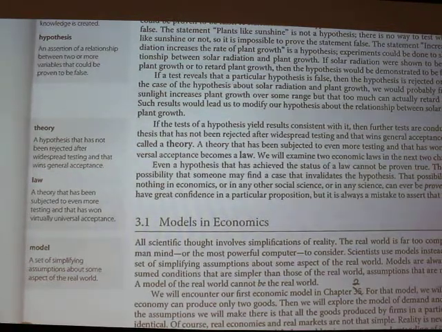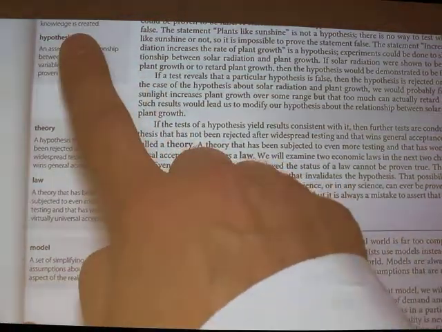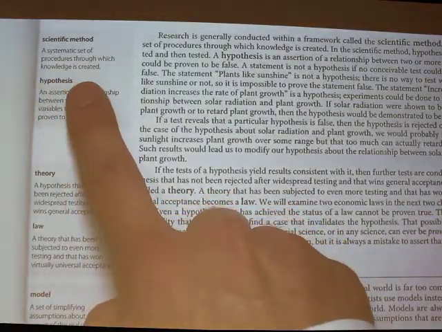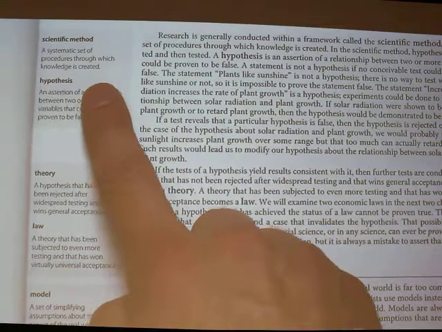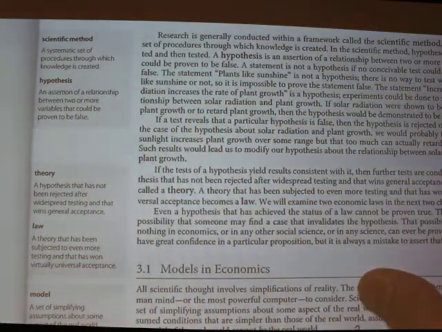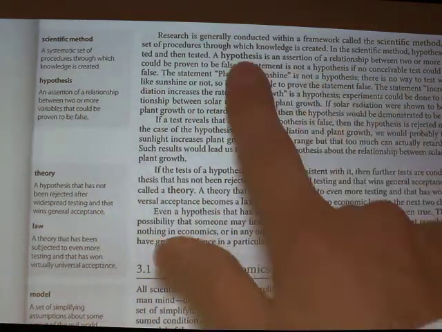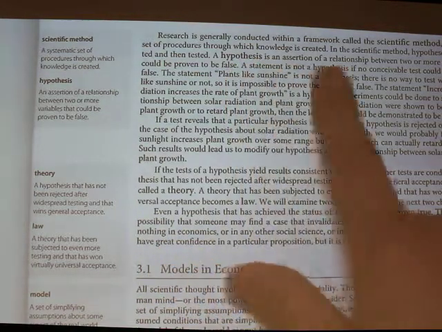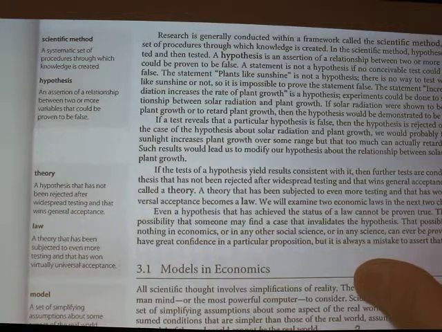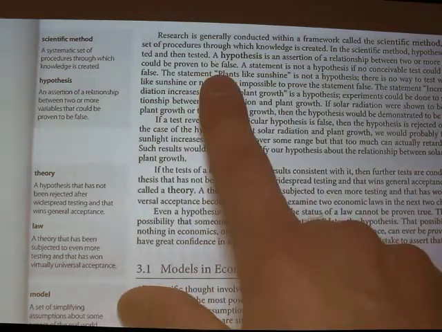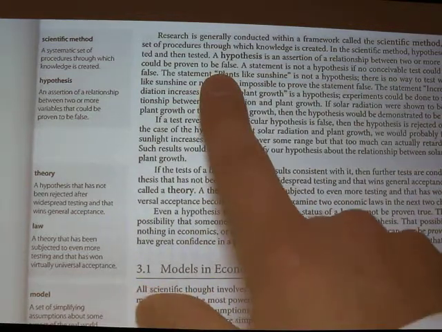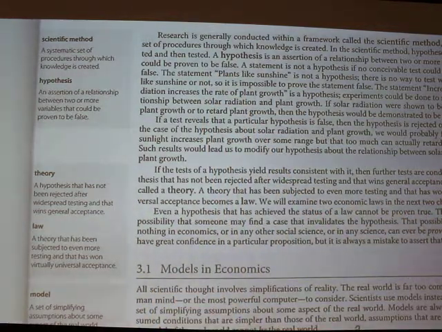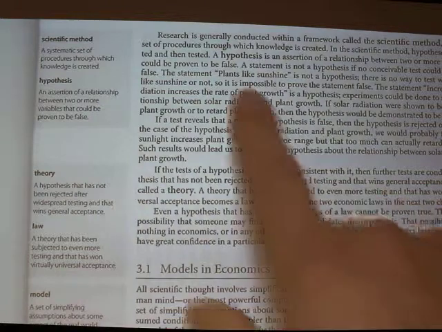The scientific method is something that you probably learned about in elementary school. But to remind ourselves of what it is, it's a systematic set of procedures through which knowledge is created. So generally, we have a hypothesis. And a hypothesis is an assertion of a relationship between two or more variables that could be proven to be false. So we can test this hypothesis. If we get data, we can see whether our hypothesis is true. And so one example is